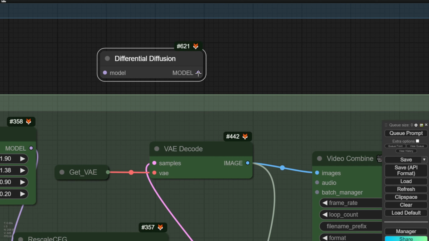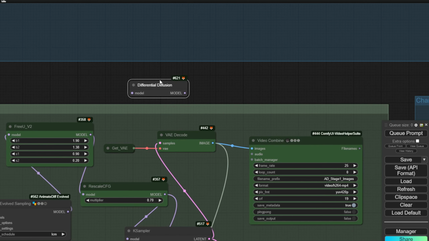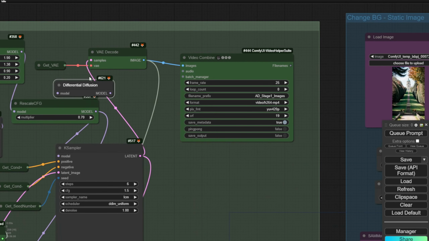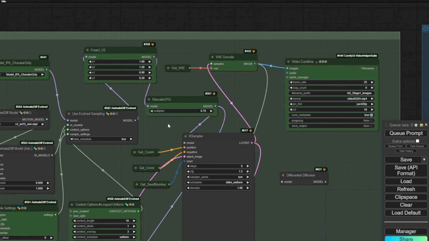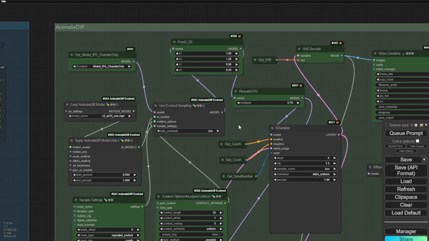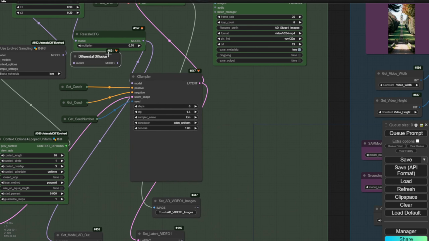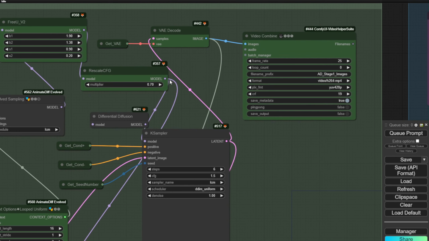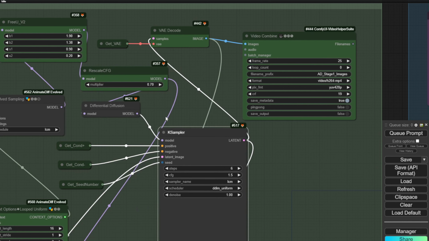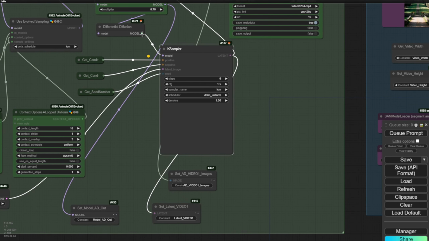What it does is that before you pass to the sampler, you can use the differential diffusion in between. So for example, if I have a K sampler in the first differential diffusion sampling group, I can put that between the rescale CFG and pass the model's data to this one. It will give the pixels strength to modify between the mask mapping and also the input source image, or in our case, the input source video's image frame. And we'll have another pass of the model's data to the K sampler at the final step here.